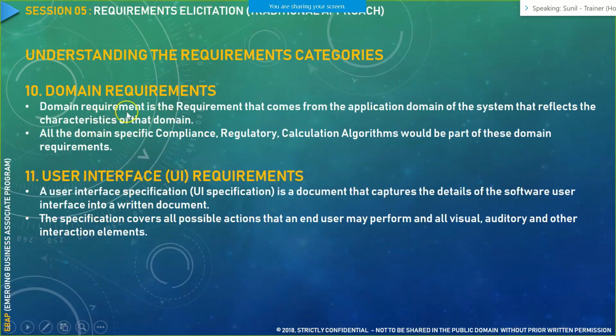The next category of requirement is your domain requirements. Whenever you are writing domain specific requirements in and around a particular domain, there are certain rules that you need to capture, the business rules. There would be certain algorithms that you need to capture. Essentially, in a typical insurance domain project, you have to capture the requirement for a particular algorithm which gives you the final quotation. Based on whatever factors you are picking up for that particular insurer or person who is coming to you for purchase of an insurance policy, there is an algorithm sitting under that system.